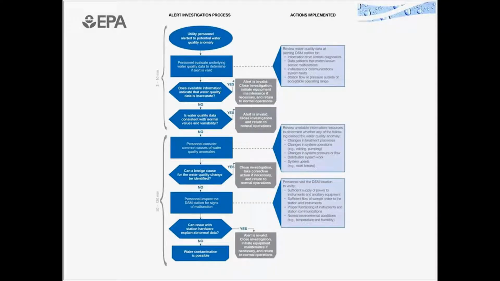So just looking at this closer, basically a diagram like this should start at the point where a notification of an alert is received, progress through an investigation process, and end at either a point where an explanation for an alert can be identified to basically rule out contamination, or you progress all the way through the steps, get down to the bottom, and if activities are completed and contamination can't be ruled out, then theoretically you would have another process that you could advance on to be able to respond to a potential